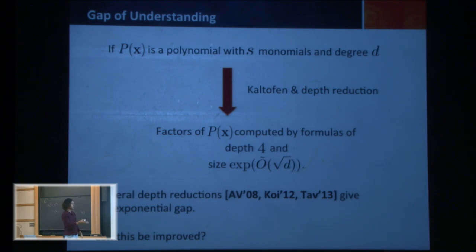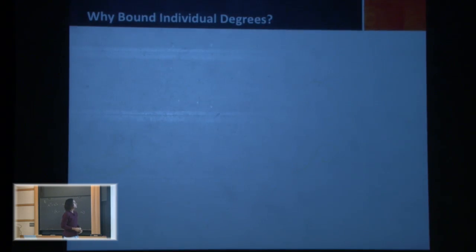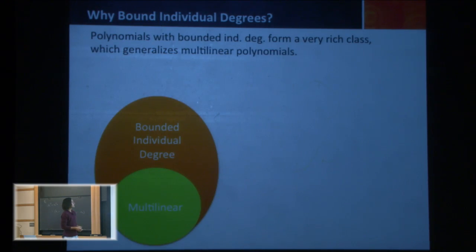So the general depth reductions by Agrawal, Vinay, Koiran, and Tavenas give a sub-exponential gap. And the main question is, can this be improved? Now, why do we study bounded individual degrees? Well, I think the simple answer is that we don't know anything in the general case when the degree is really large. And it's a good generalization of multilinear polynomials. So polynomials with bounded individual degree form a very rich class, which generalizes multilinear polynomials, and is also very